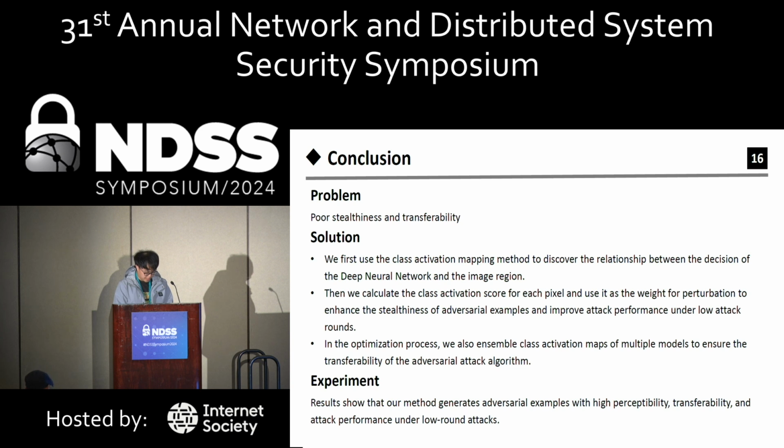Then we calculate the class activation score for each pixel and use it as the weight of perturbation to enhance the stealthiness of adversarial examples and improve attack performance under low attack rounds. In the optimization process, we also ensemble class activation maps of multiple models to ensure the transferability of the adversarial attack